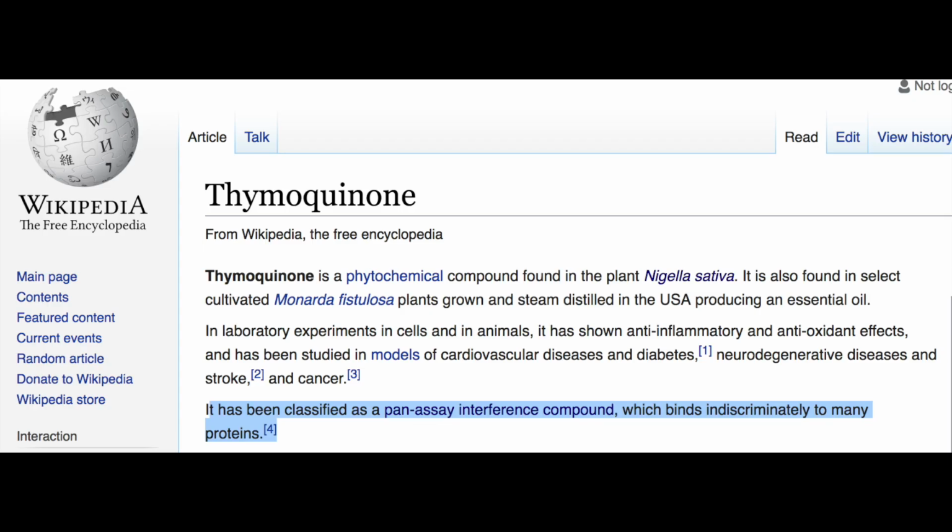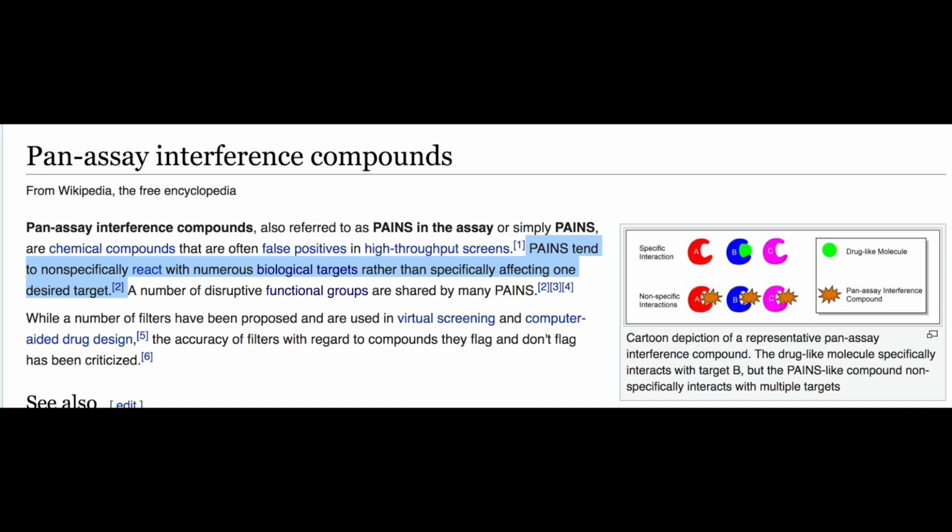One of the major constituents of black seed oil is thymoquinone, and in biochemistry, that is classified as a PAIN, or a pan-assay interference compound. Now, Wiki's quote says that PAINS tend to non-specifically react with numerous biological targets rather than specifically affecting one desired target. Now, this is just a fancy way of saying compounds like black seed oil have the ability to attack multiple different pathogens in the body per dose, unlike drugs for the most part, which are formulated to attack